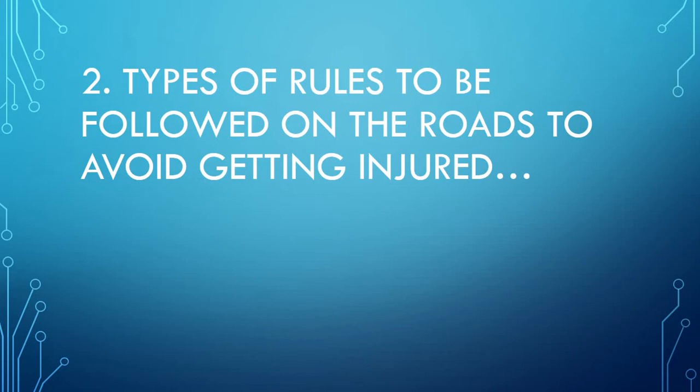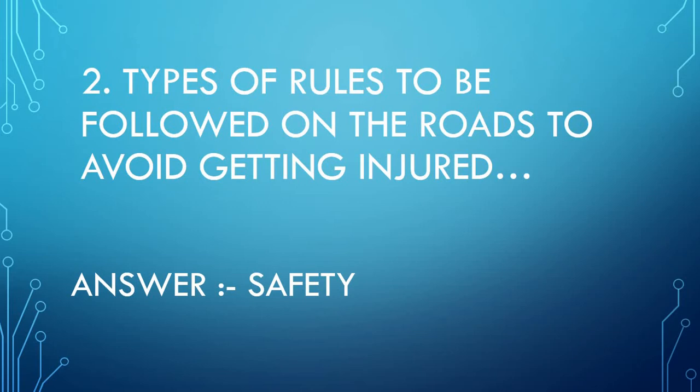Okay, so I hope that you have tried at least to write the answer on your own. Anyways, here the correct answer is safety. There were the safety rules at home, at school, on the roads. So safety is the answer. So please repeat this after me. Safety rules should be followed on the roads to avoid getting injured. I hope students, when I ask you to repeat, you are repeating after me. So safety is the answer.